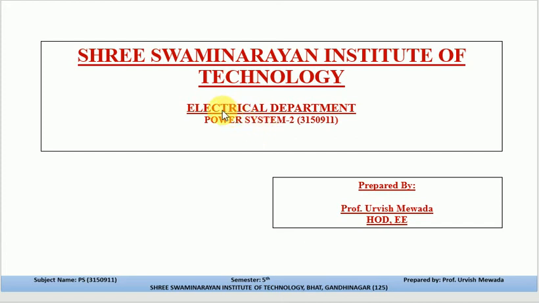I am the subject matter expert of the Power System 2 subject, which is in the 5th semester Electrical Engineering, GTU. The subject code of this subject is 3150911. Students, currently we are discussing the practical session of Power System 2 subject, and we have discussed till today